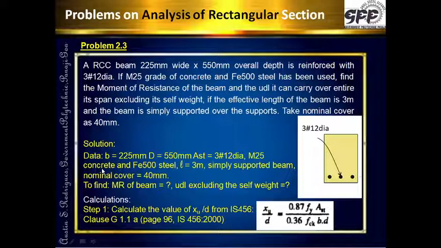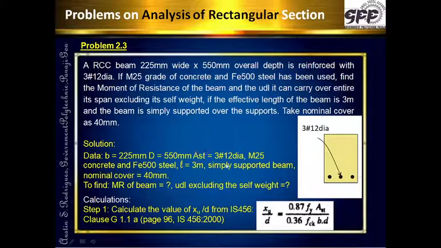As we always do, let us compile all the data together so that we don't have to refer to the problem again and again to search the values. All the values remain at one place. We can refer to these values and we can solve. So data given over here is width is 225 mm. The depth, the overall depth, please note over here capital D has been given as 550 mm. In the earlier cases we used to use small d. Now over here it is capital D. Capital D is the overall depth from the topmost fiber to the bottommost portion over here.